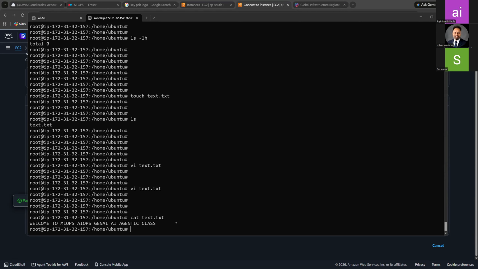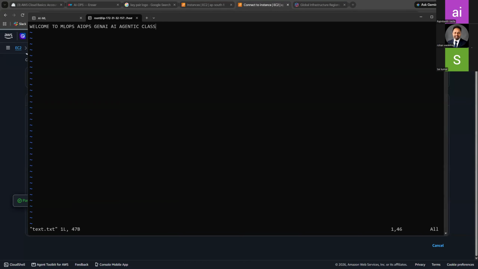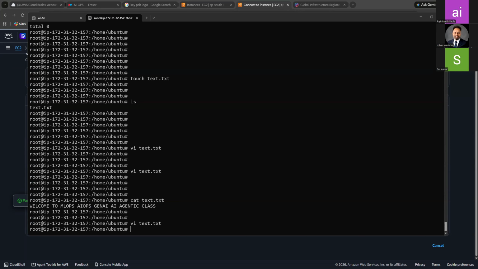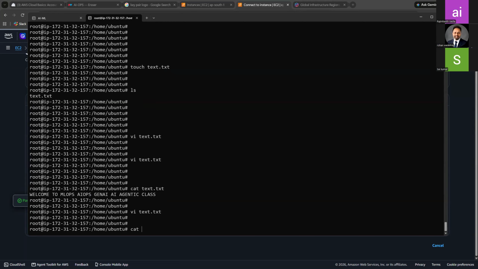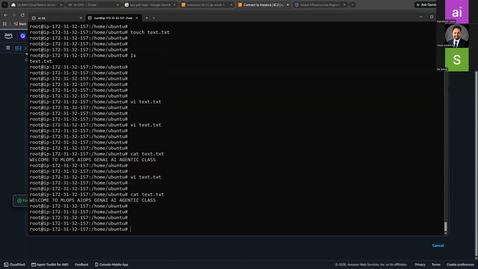If I write something inside vi text.txt, and after this I want to add something like this, I don't want to save. Same, escape, shift colon, Q, quit. Don't write, quit from it. Exclamation mark. If you do cat text.txt, see that one is not saved here.